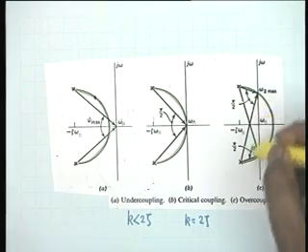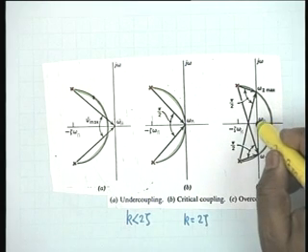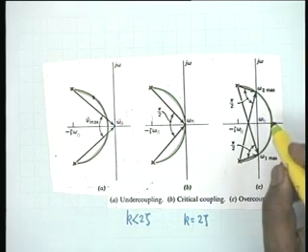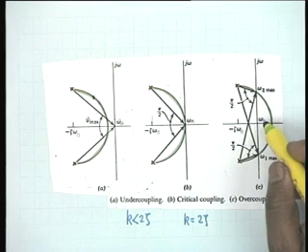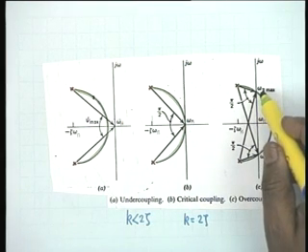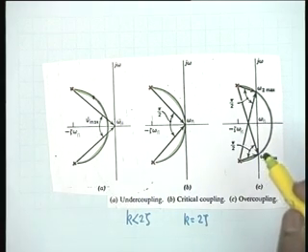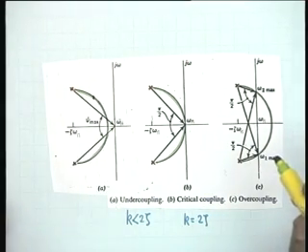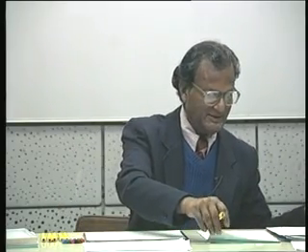If you go on drawing the angles, it's very easy to show that this angle psi shall reach the minimum value at omega equal to omega n. If this minimum is less than, mark my words, 1 by root 2 times the maximum value, then obviously there shall be how many? 4 half power points. If it doesn't, then 2. There shall be a dip in between. Now let's see by means of a diagram.